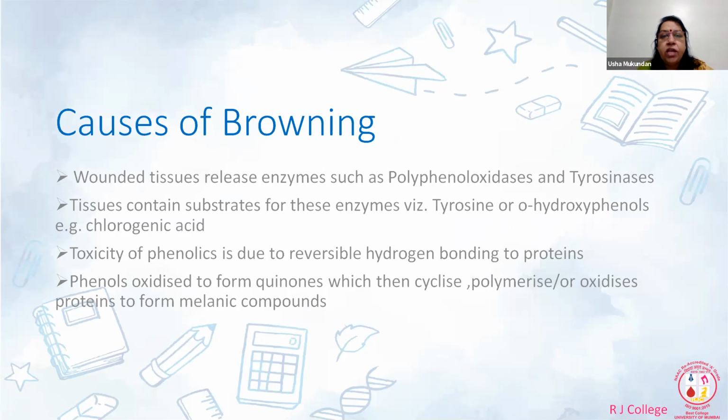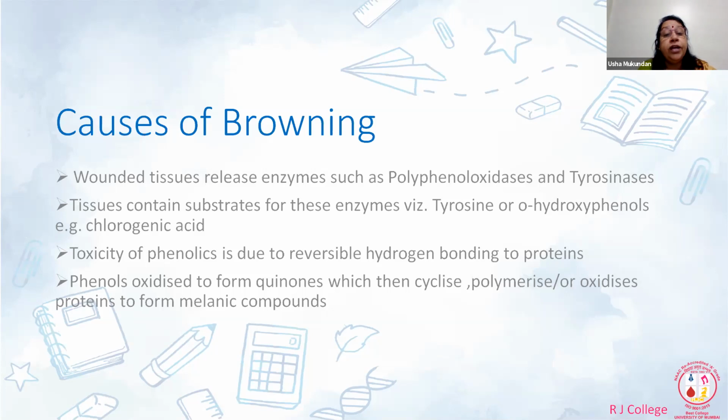So if they are using polyphenols, then you say polyphenol oxidases. If they are going to use tyrosine, then you say tyrosinases. There are also tannases which use tannic acid. Then there are some which can use pigments or dyes. That enzyme is laccases. So all of them have a capacity to oxidize these substrates. And as a result of this oxidation, you get browning.